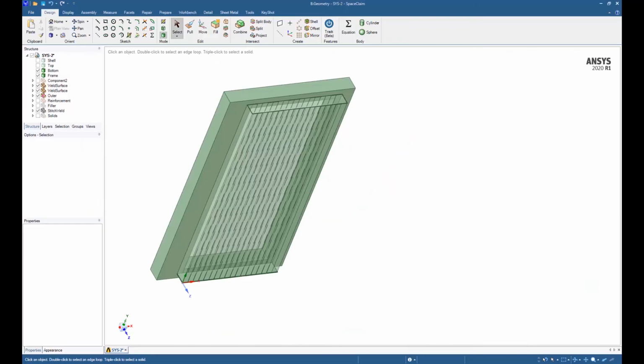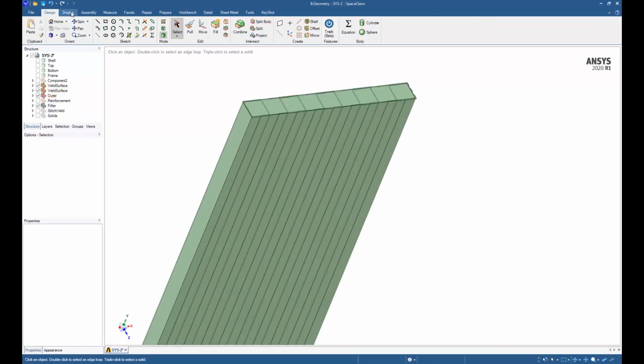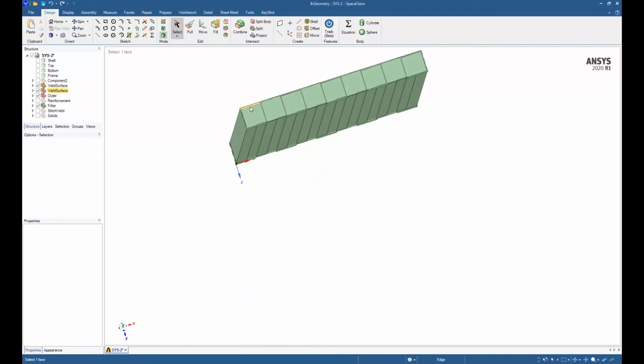So for that we went back to SpaceClaim, and one idea was to fill the door with a stiffening kind of solution and really stiffen it up. So we went to SpaceClaim and we filled it with concrete, and you can easily do this in SpaceClaim using this geometry.